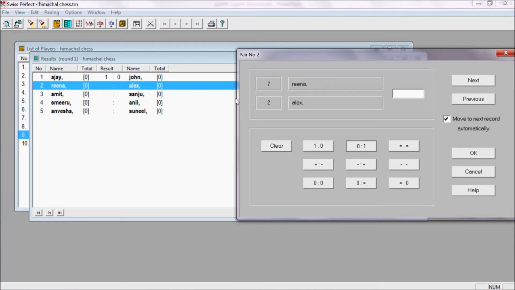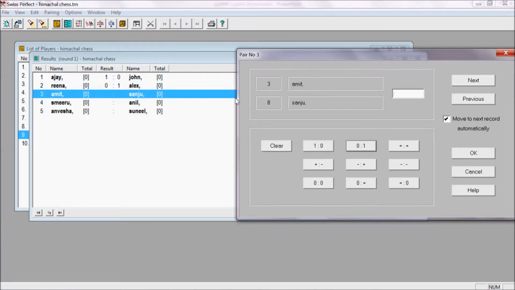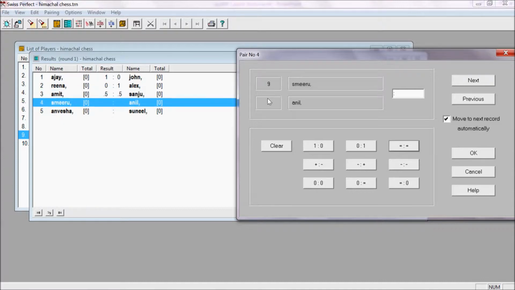In the second board, black won, so the result will be 0-1. In the third board, the result was a draw, so 0.5, 0.5 or equal. In the fourth board, the black player did not appear, meaning he did not play the tournament.